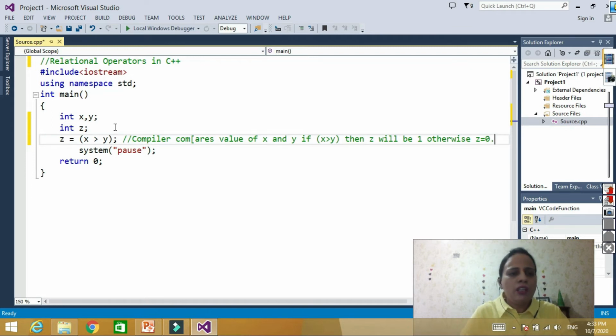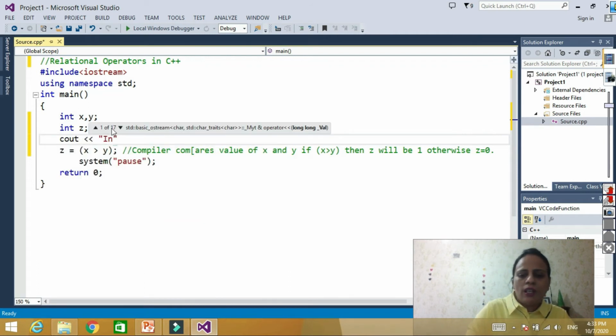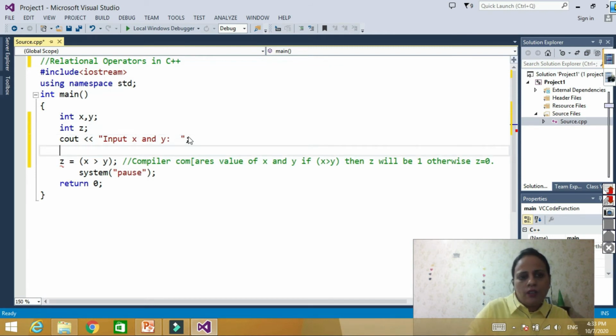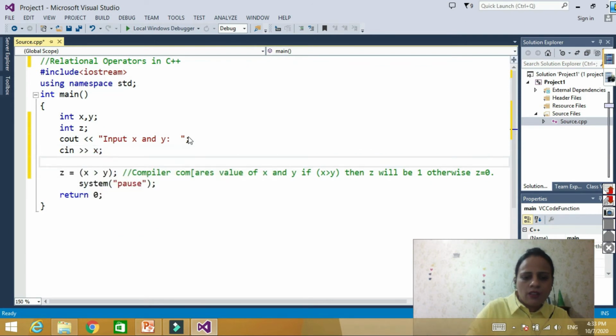So let's check it. To check it, we have to assign some values. So let's say I write input x and y. Now we will assign them through cin, input x and y, then cin x, cin y. Now let's run the program.